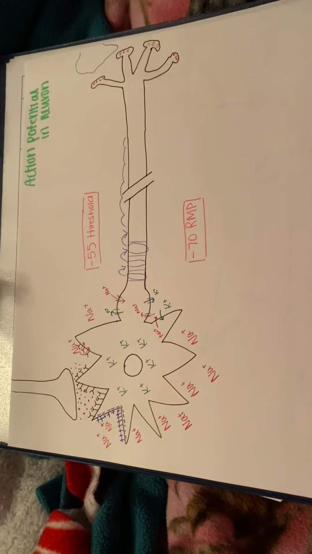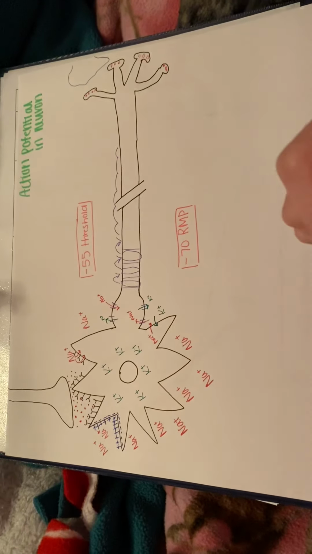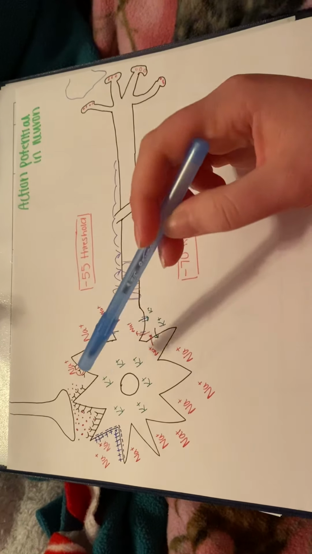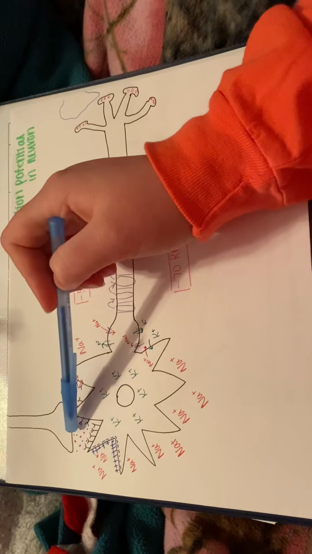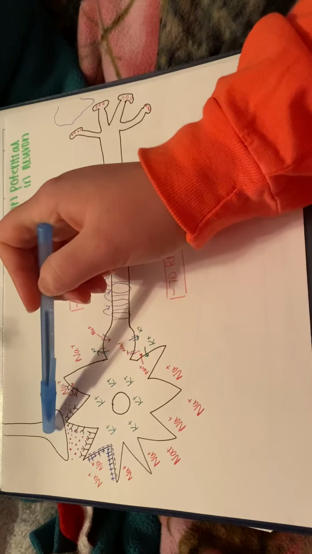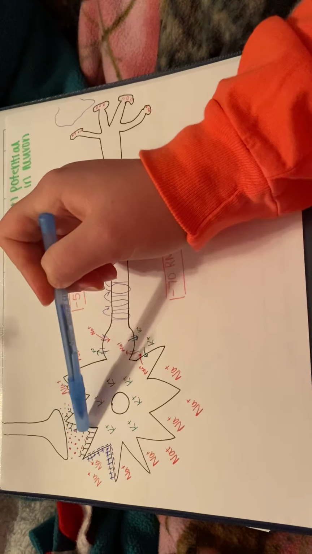So this is action potential in a neuron. You start off with a multipolar neuron because it has multiple dendrites and multiple ends. Neurotransmitters are released by a presynaptic neuron. The neurotransmitters then bind to the dendrite receptors, which is right here,